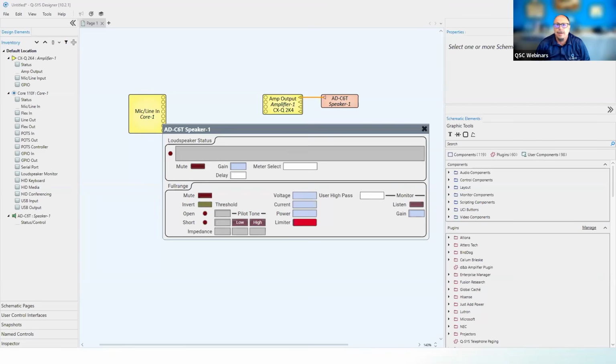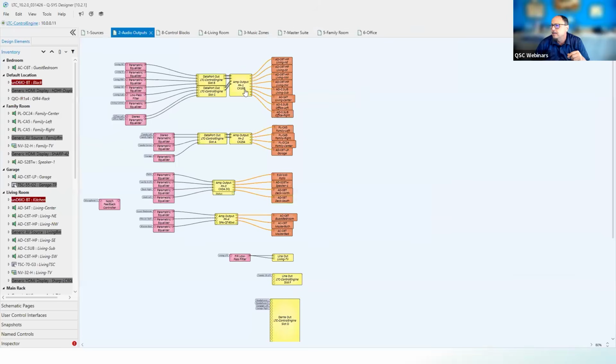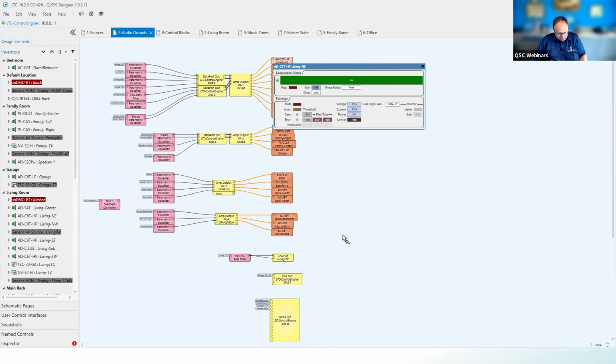Okay, let's see here. Oh, there we go. 10.2, and it's enabling access control. It's giving me a little bit of challenge. So that pilot tone goes out, and then we can read the impedance of that line. And so what I'm going to do is show you this with some audio output. So if we look at this loudspeaker right here,